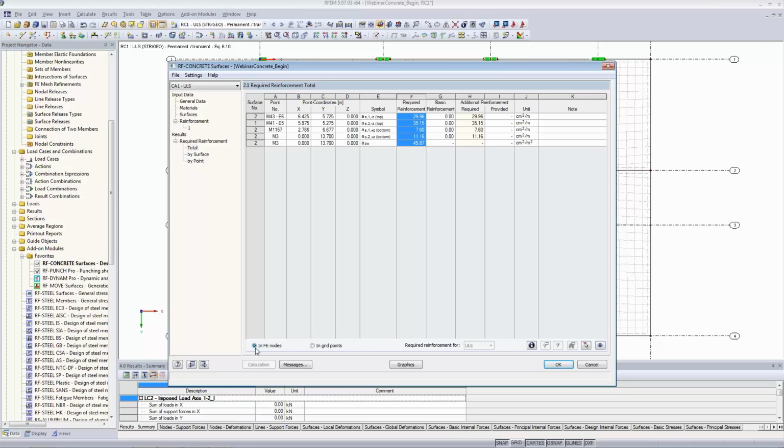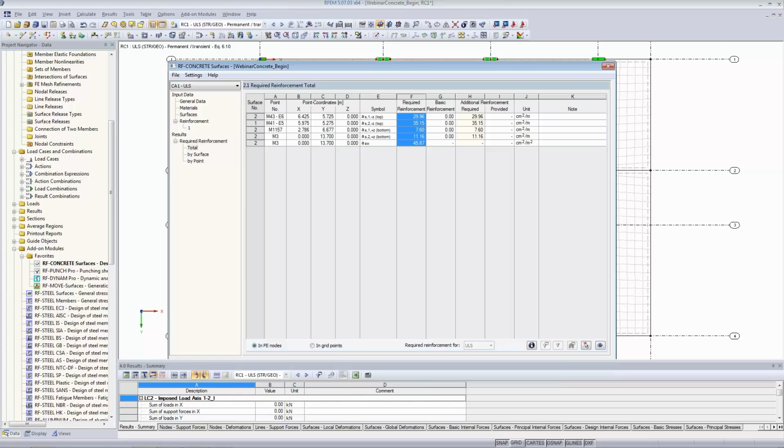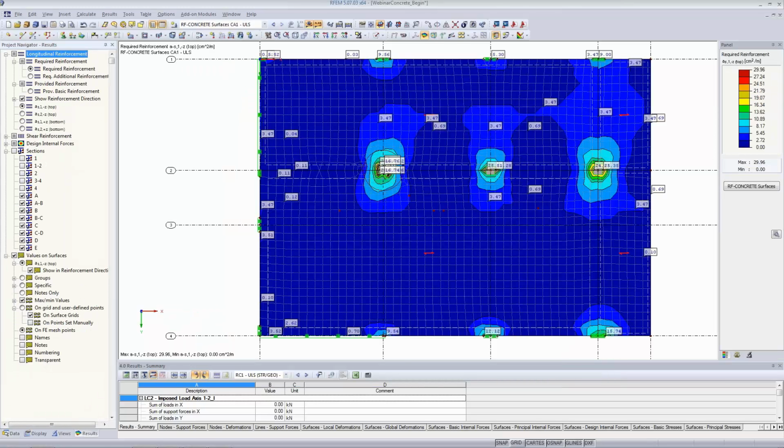You can either display this for FE nodes or for the grid points. More interesting is the graphic. So when you click on the graphics button, you jump into the graphic directly, and you have the results navigator open, so you can have a look at the several reinforcement directions. Shown at the moment is the required reinforcement and the top